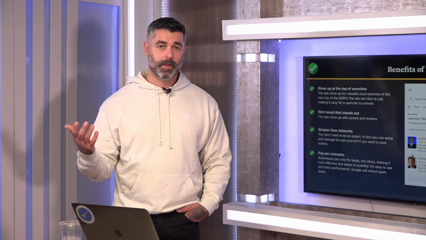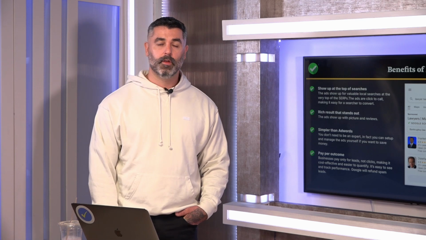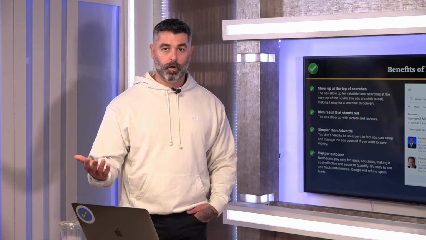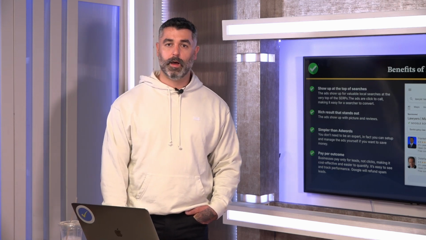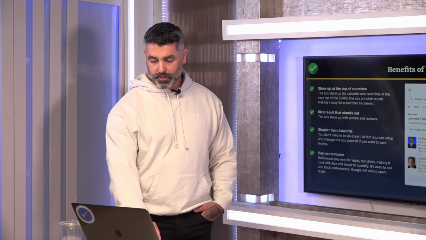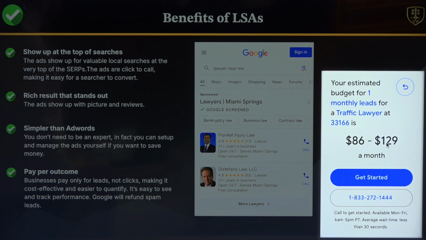So again, they're pay per outcome, which is great, so it's very easy for you to quantify a budget. If you're like, hey, I want to sign an additional 10 cases per month, I know that I need 50 phone calls for that. Per phone call, it's $500. You can do the math on that, right? So it's much easier to quantify and forecast results. There's even a calculator that Google gives you that will tell you the estimate. It's pretty low. Whatever you see here, double it, pretty much.